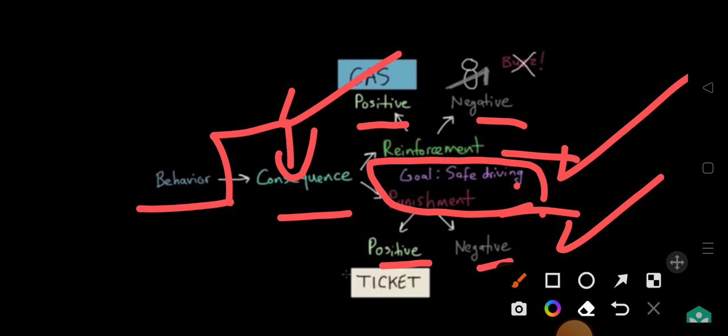What about punishment here? I want to reduce the bad habits or the bad behavior. So I will give you positive: I'm not giving you a ticket for the cinema, I'm giving you a penalty ticket because you exceeded the speed. So I, as an officer, say, come, please take this penalty ticket. Go and pay the penalty. While negative, I'm going to take away your license, your driving license.